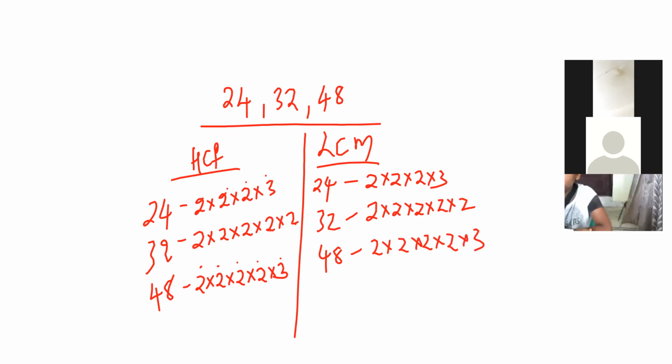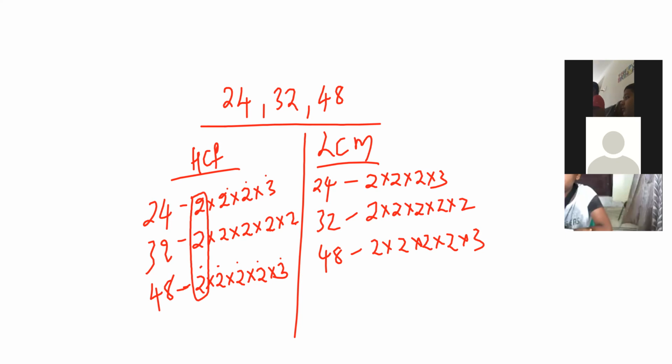See, these are the prime factors you got. Now circle the common factors. Now listen all of you. This is the important thing which I am explaining. Listen carefully first, then if you have any doubts, you can ask me. See, out of these three numbers, whichever is repeated for all three, make it as common.